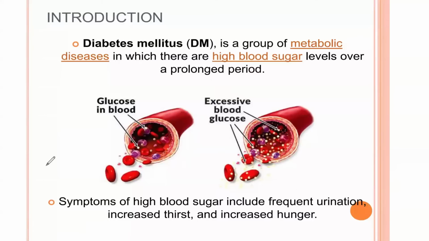Today, we are going to look at the concept of diabetes mellitus. Diabetes mellitus is a metabolic disease in which there is a high blood glucose level over a prolonged period. Generally, in diabetes, if the blood glucose level is above the normal range over a long period of time, the condition is called diabetes mellitus. And the sugar that is usually found in the blood is glucose. So if the glucose concentration is high over a long period of time, the condition is called